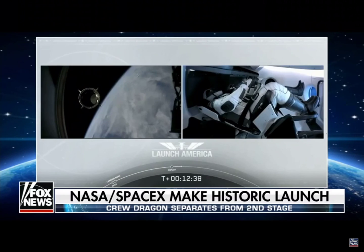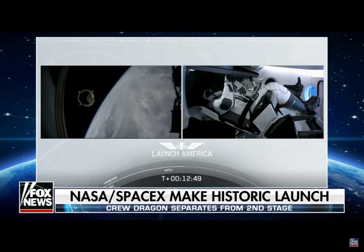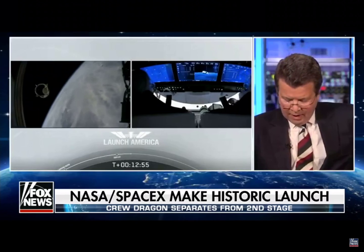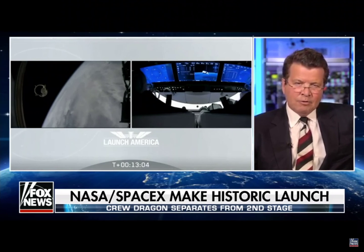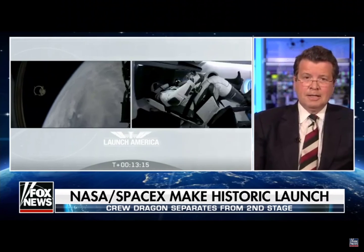It's going north of 16,000 miles an hour. And that final separation has it now separated, and it will be on its nearly 19-hour journey to hook up with the International Space Station itself, traveling at about 17,000 miles an hour. To mathematically get that hookup right, you have to be down to 1/10,000th of a decimal in both your speed and timing and visuals. It is so overwhelmingly complicated, it makes me beg for having done better or trying to do better in calculus. But that doesn't even matter here. Tom Jones,